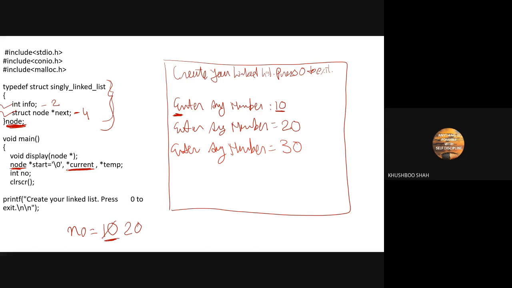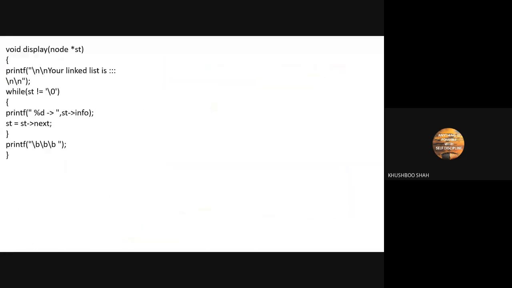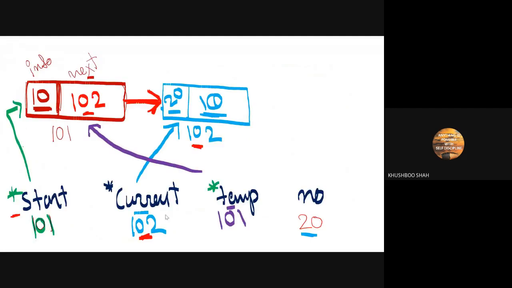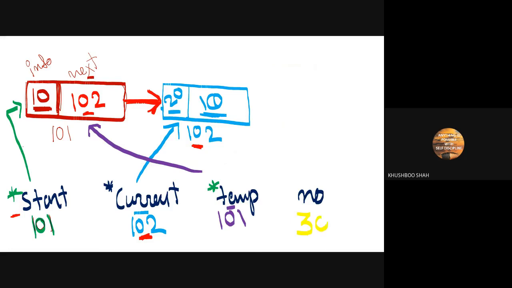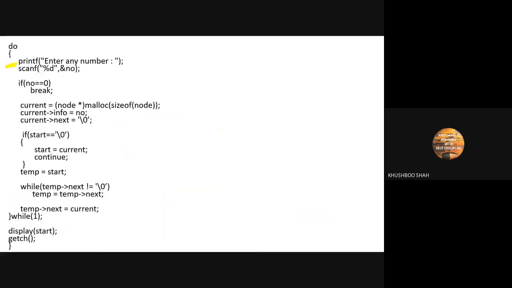Means now my NO will have 30. Okay, so now the value of the NO is 30. Next, if NO is equal to 0, no, NO is not 0.